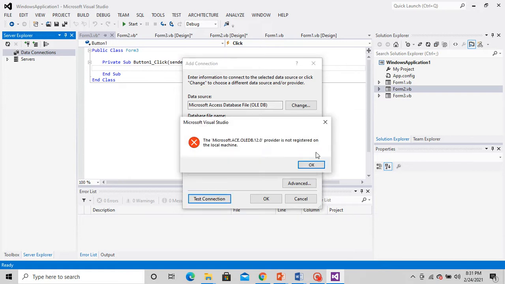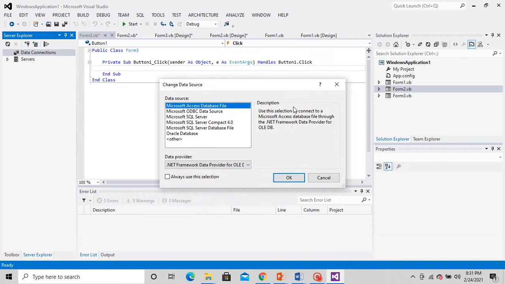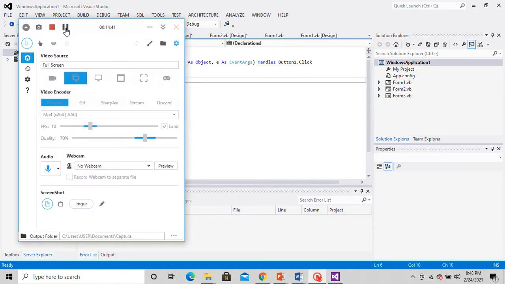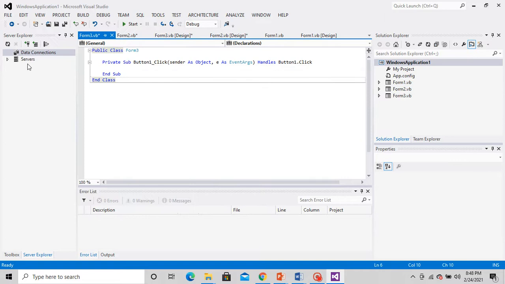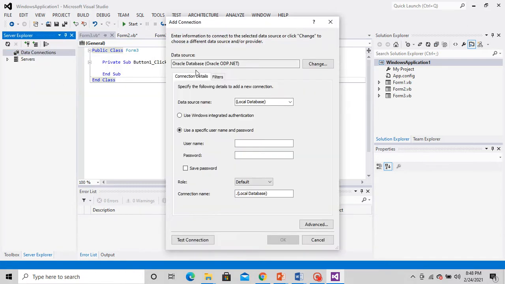Okay, students, so I will show you once more. There were some compatibility issues here which I have resolved.